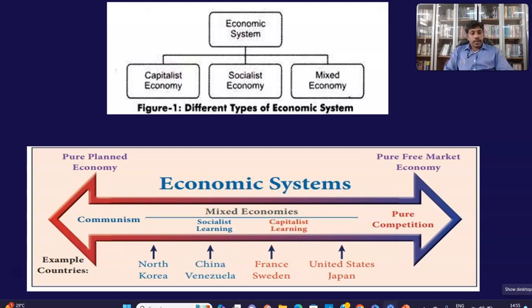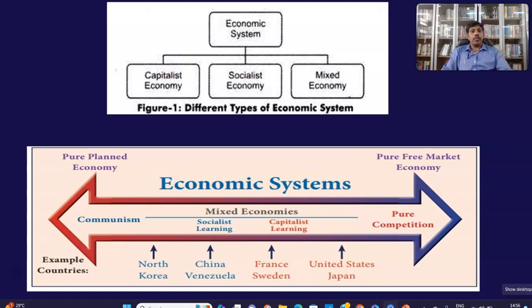So socialist as well as capitalist economy jointly contribute to the gross domestic product and bring out economic growth and development. So we can ask some questions then. What is communism and what is socialism? For example, the principle of socialism is if you have two cows, you should give one cow to your neighbor. That is the principle of socialism. Then what is communism? If you have two cows, government will take both and give you the milk. So this is the simplest concept of socialism and communism.